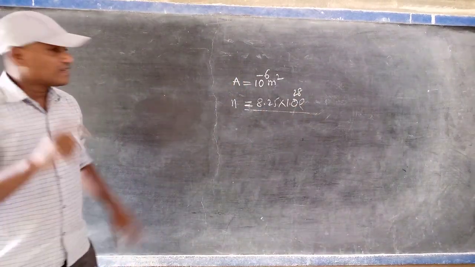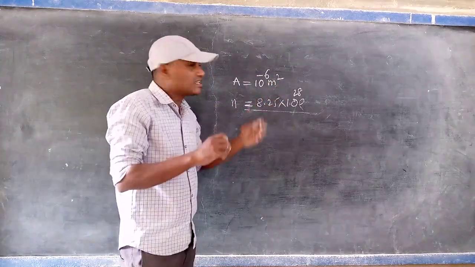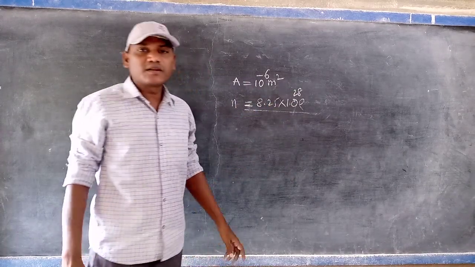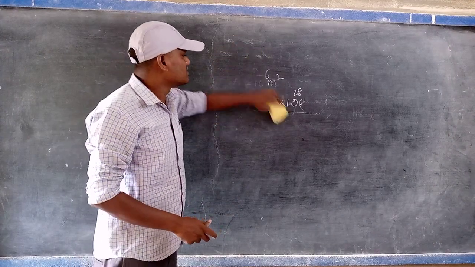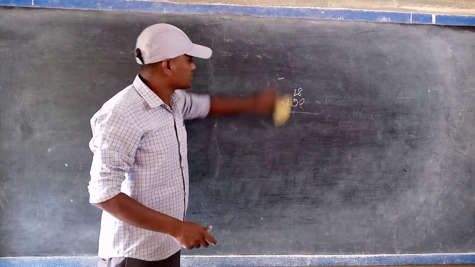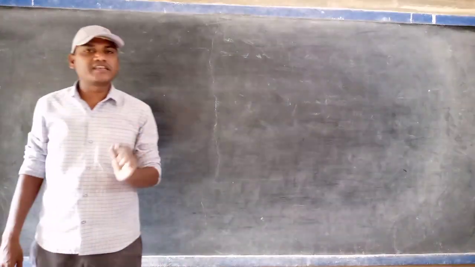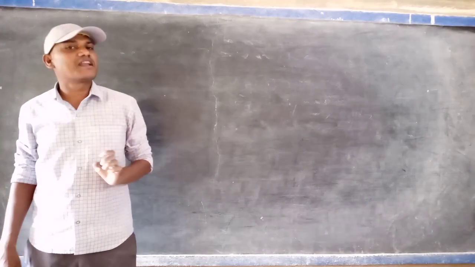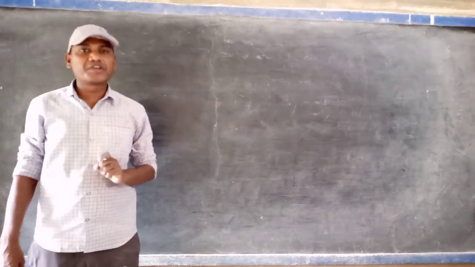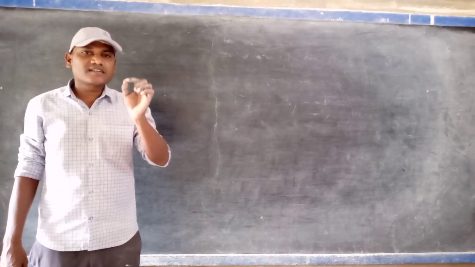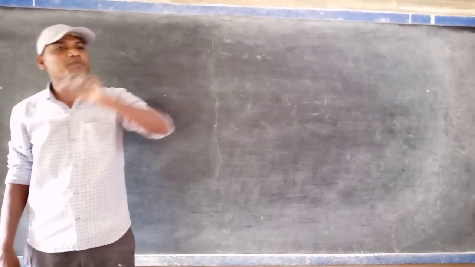So 10 power minus 6 in unit area is very small. In this, how many electrons are there? 10 power 28 in order only. These represent the free electrons. In our previous video I also said that nearly 10 power 18 electrons are required for 1 coulomb of charge. In the case of conducting materials, that number is 10 power 28. That's why the electrons can easily carry the charge from one place to another place.